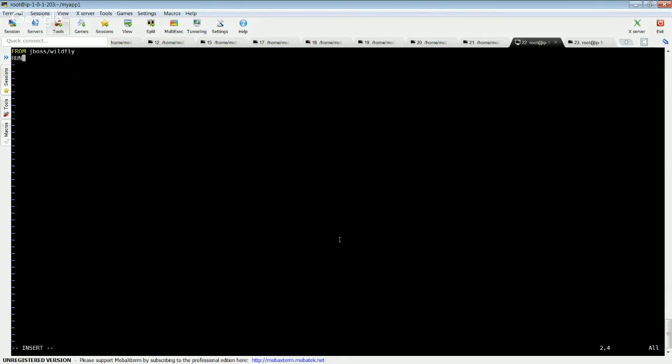The next line uses the RUN command. The RUN instruction tells Docker to execute a command. The command that we're going to run here is /opt/jboss/wildfly/bin/add-user.sh. So within our image, we are adding an admin user. I'm calling it admin, and the password is admin. Okay, once that is done,